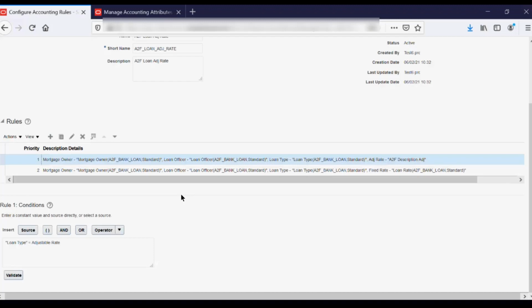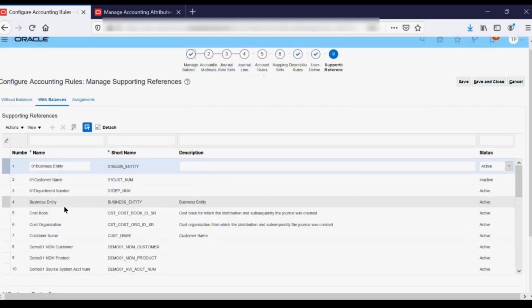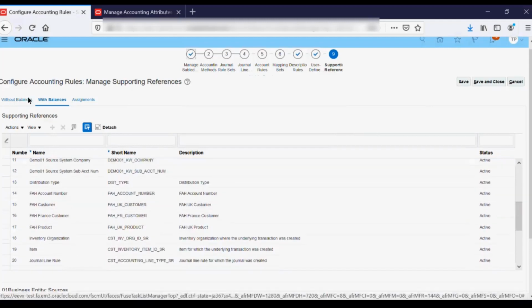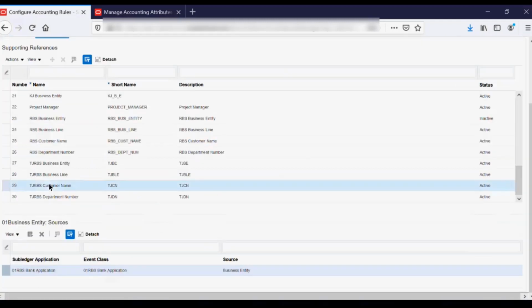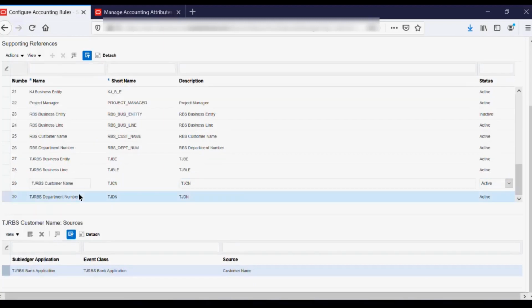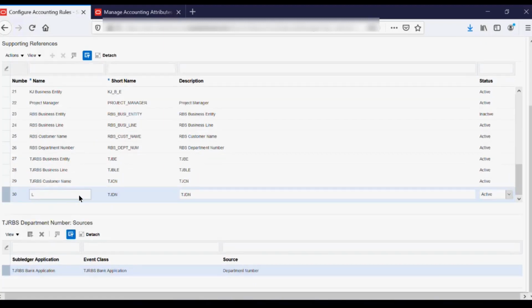It looks like a very powerful feature actually. Yeah, right. So it can actually extend your chart of accounts basically. Okay, so now we can define the supporting references with balance, without balances. Currently I can only add a maximum of 30 supporting references. I can probably just change the name here and